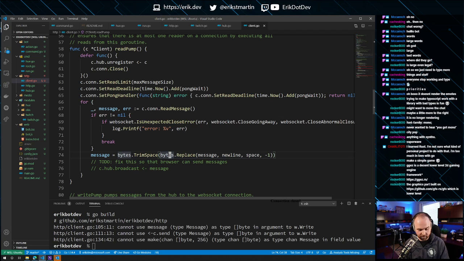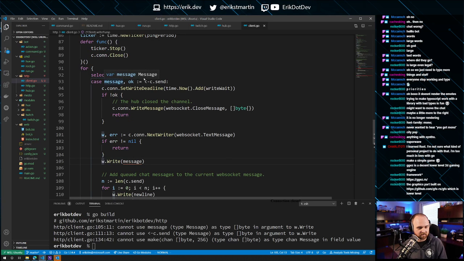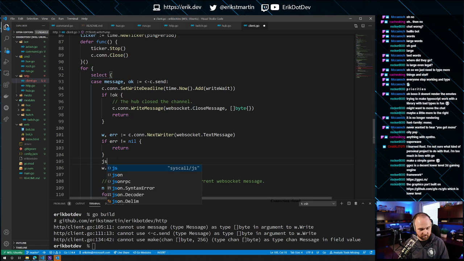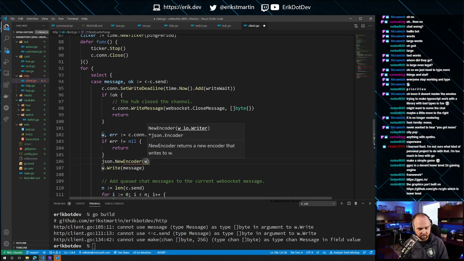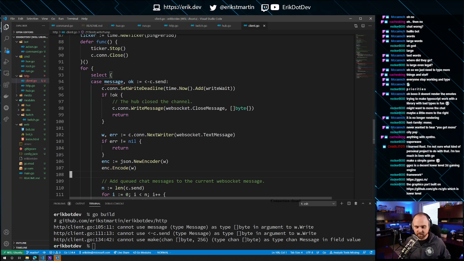All right, line 105. What do we got going on here? So this is where we are taking our message and writing it. So we have our message, which is of our message. We need to do a JSON new encoder, and we should be able to pass that W. Declared and not used. And then so what we should be able to do now is do an encoder encode and write the message on the encoder. Okay. So now in theory, our messages, oh, what are you yelling at me for now? Message declared and not used. Oh, wait. It's the message that we want to encode. Okay. So now in theory, we should be able to produce a new type of message